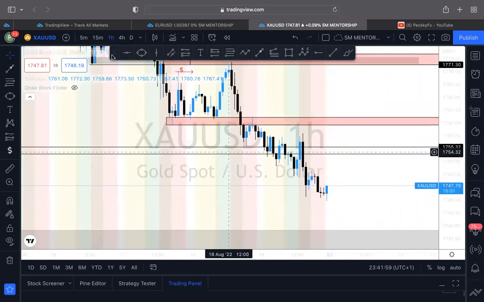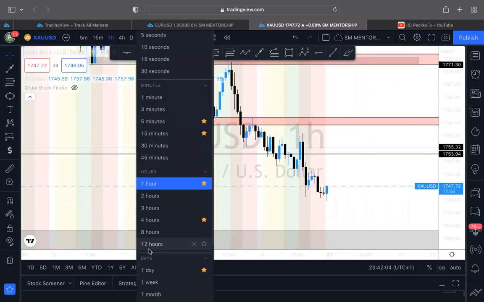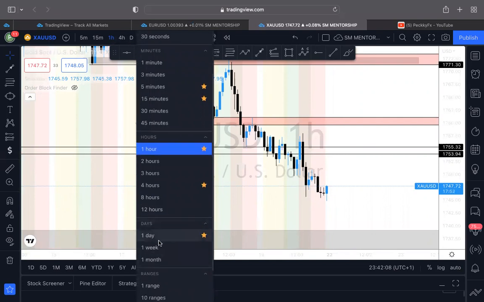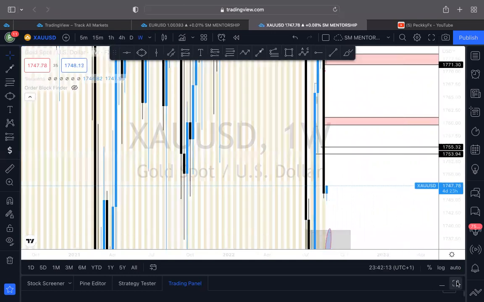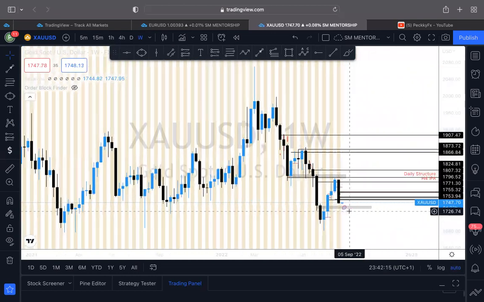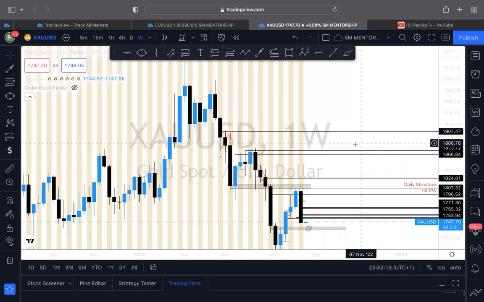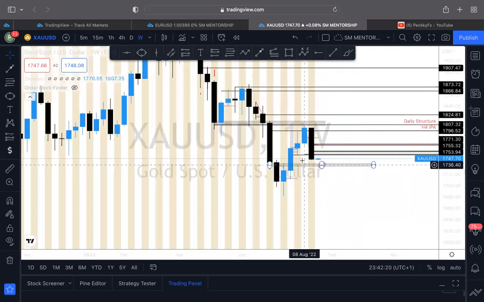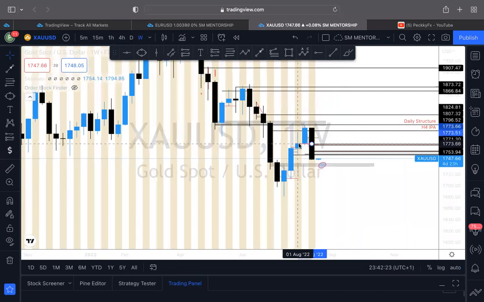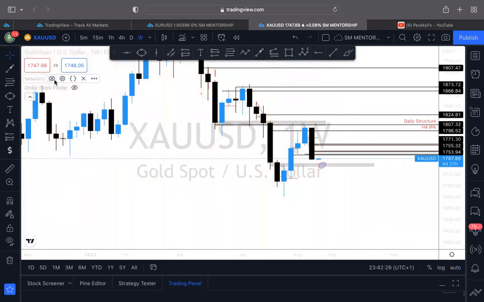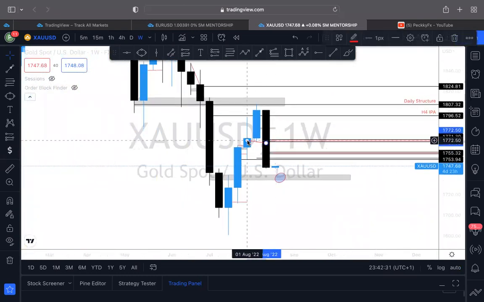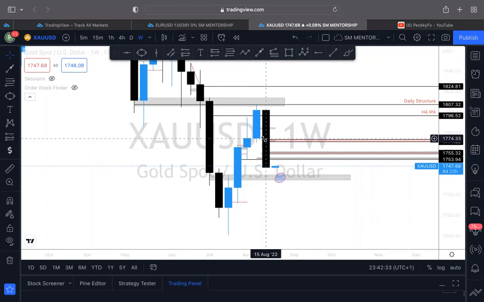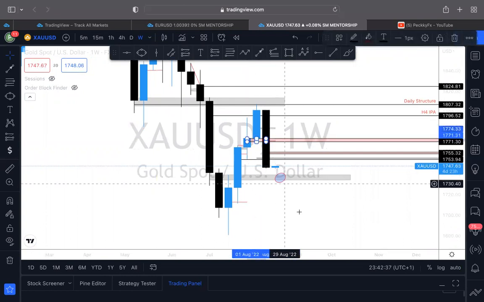Okay, so that's the weekly bias on gold. On gold weekly, so you can see the weekly right here. The weekly is also so bearish. So marking out this point right here, weekly time frame. So almost the same thing on EU, same thing on gold. So this is the point where,